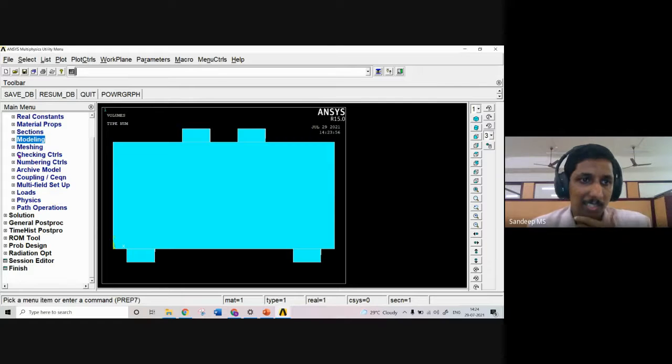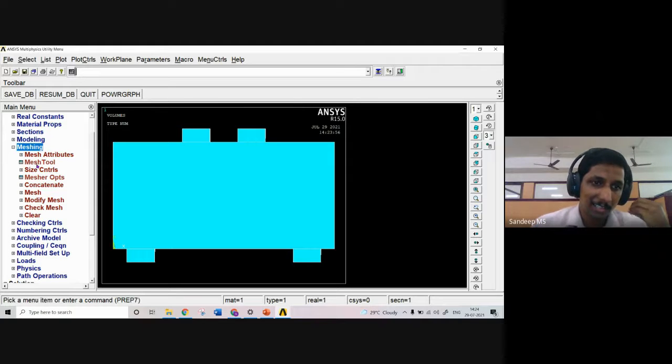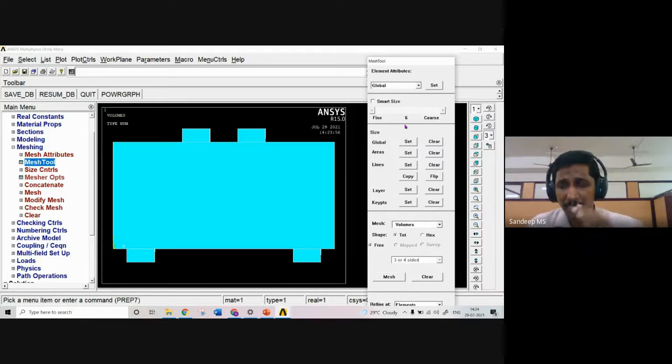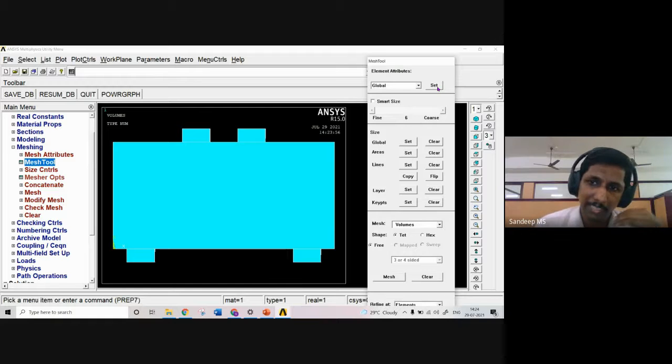Now the next important thing is meshing. Moving on to the meshing, inside the mesh option I am going to mesh tools so that I will get a window like this. Here, first of all, I have to specify the size of the mesh that should be selected. In this case, I have selected 50 mm as my mesh size. There are some crucial things that you have to consider when you select this size. I will explain that at a later stage, after completing the meshing. For the time being, please note that I am going to take a size of 50 mm.